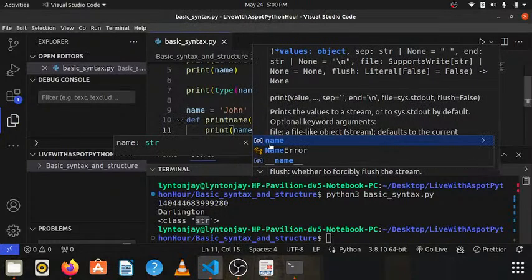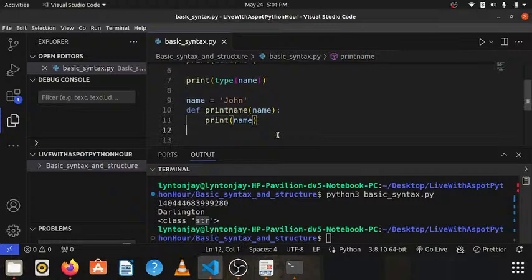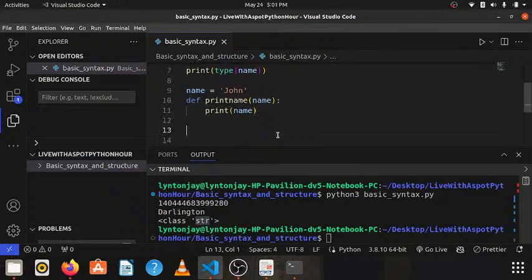Don't worry if you don't understand what a function is, the concept is what I want to portray. Even if I come here and call print name and pass something like name,